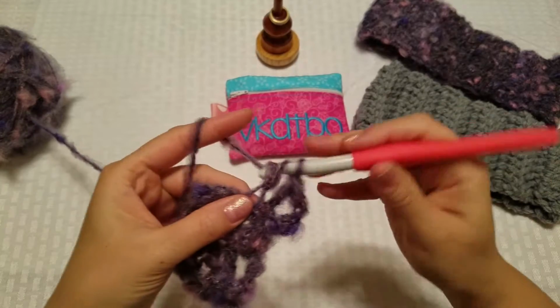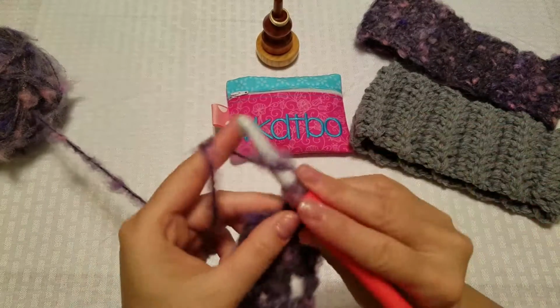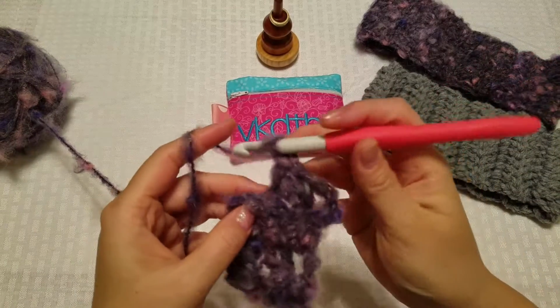So you find the back loop only, find the back loop only, and just keep going until, do you guys